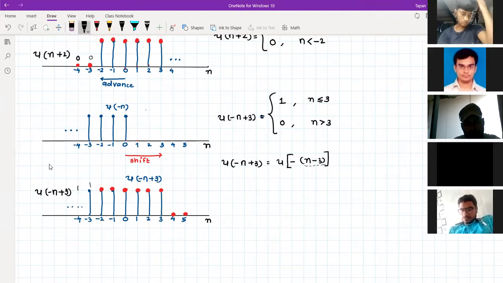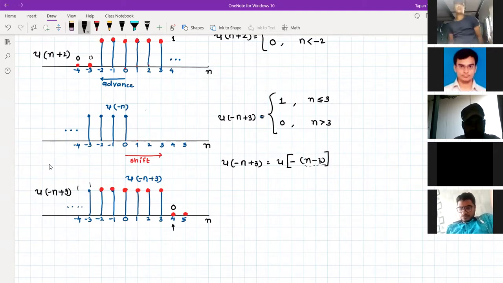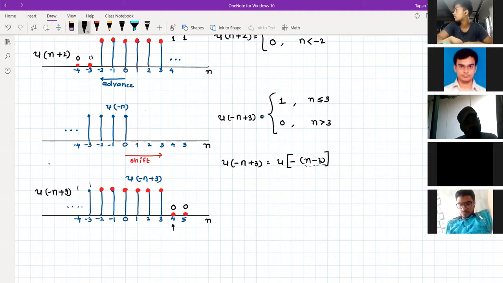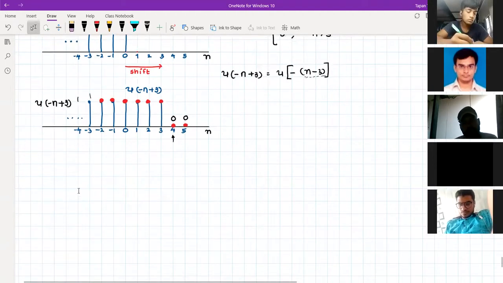Similarly, at 4, here it is 0, here it is 1. So the multiplication will be 0. Here it is 0, here it is 1. So the answer is 0. That means if you multiply the first and third waveform, or sequence, you can say, then